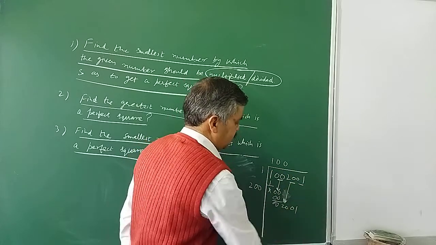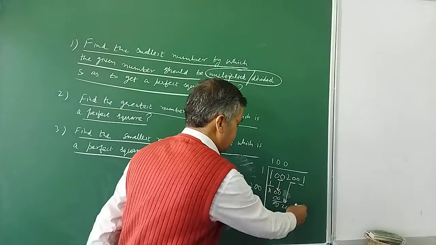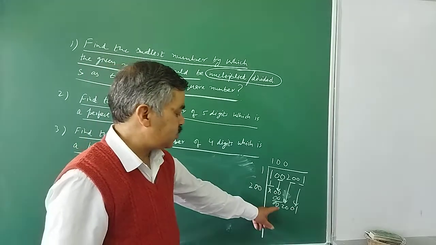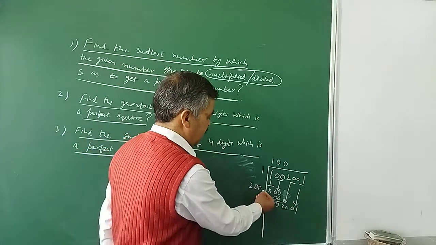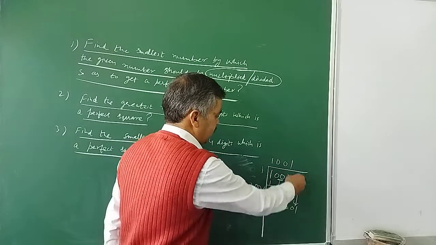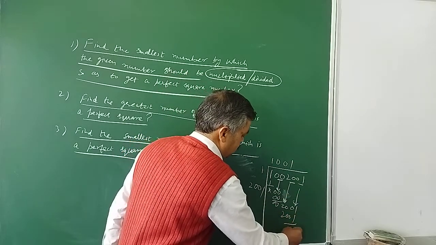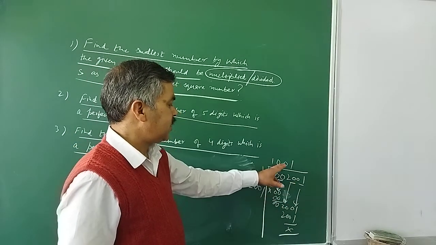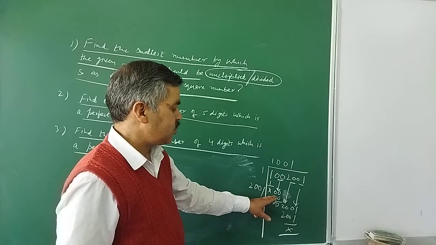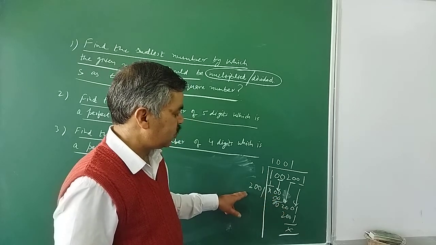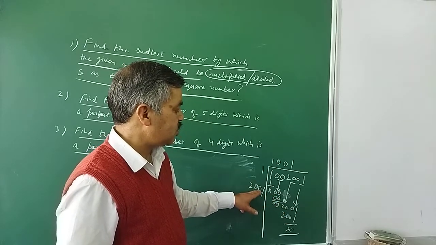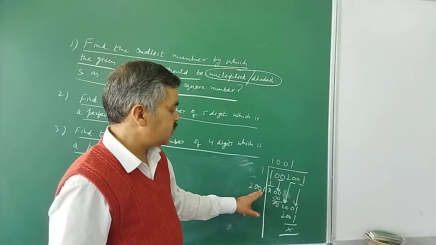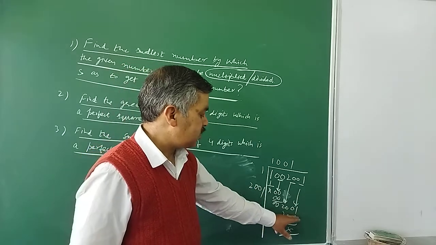Finally, the term of 0 1 comes. That is the next pair, so you have to join it there. Now it becomes 2 0 0 1. If you multiply 1 by 1, this will become 2 0 0 1. So when zeros are there in between, you need to put zeros for the pair of 0. If the number is less compared to this number, then again you need to put 0, but do not forget to put the same here also. So 0 1 0 here, 1 0 here, and then see the result is 2001.